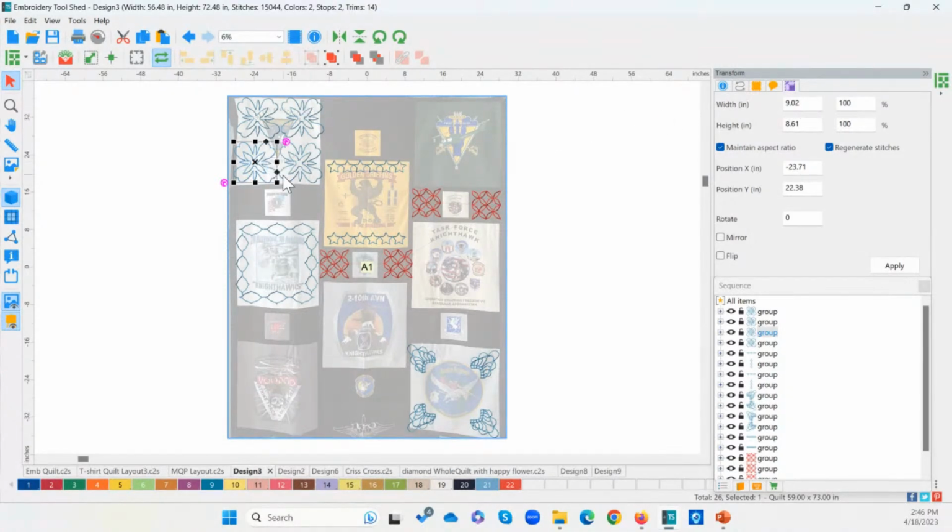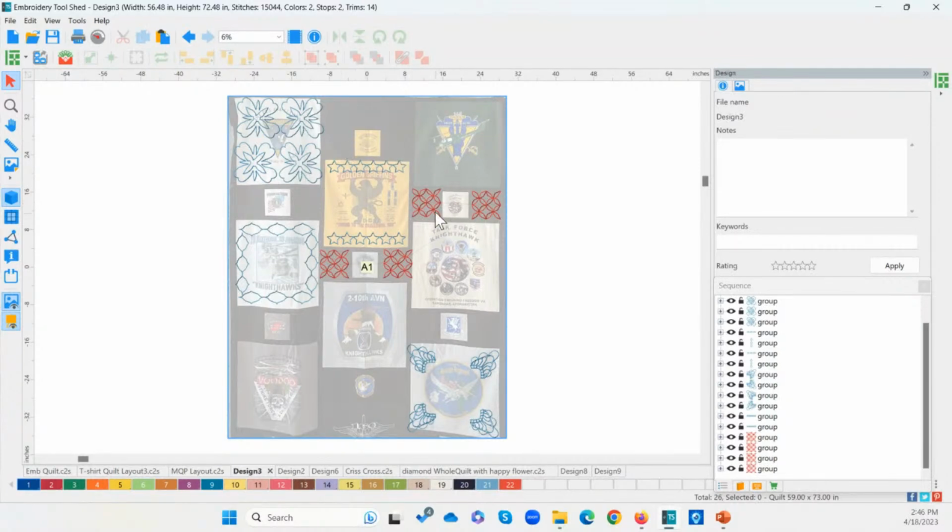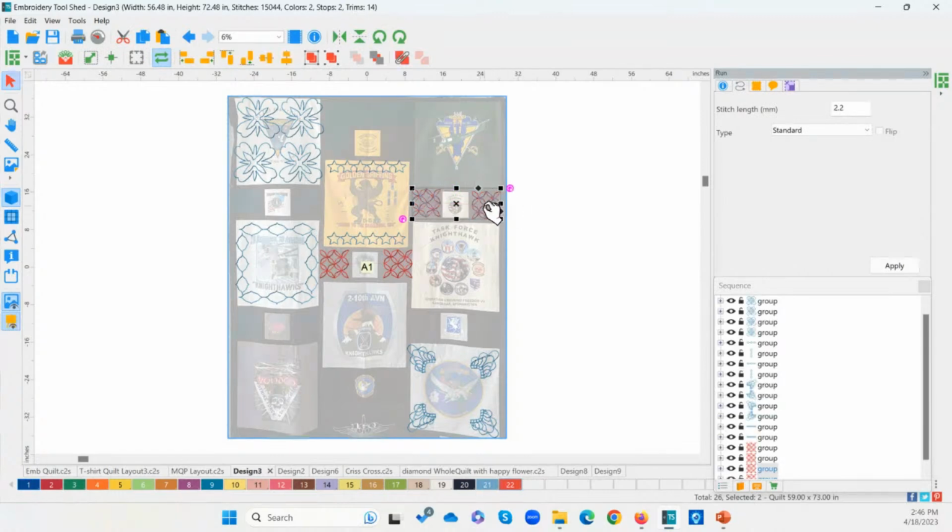So these 4, I would hoop 4 separate hoopings because I don't have a 17 by 17 hoop. Now, just for playing purposes, I've done a few other things here on either side of these. I didn't want to quilt over the actual emblem, so I just made some smaller blocks here on either side. And I'm just playing.